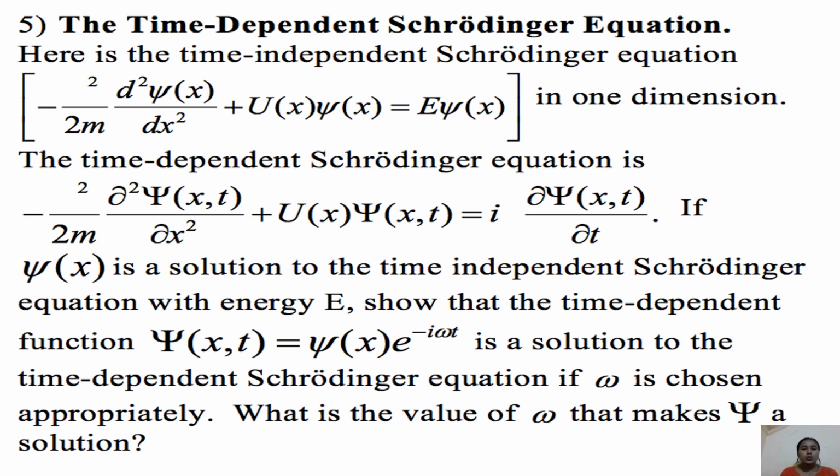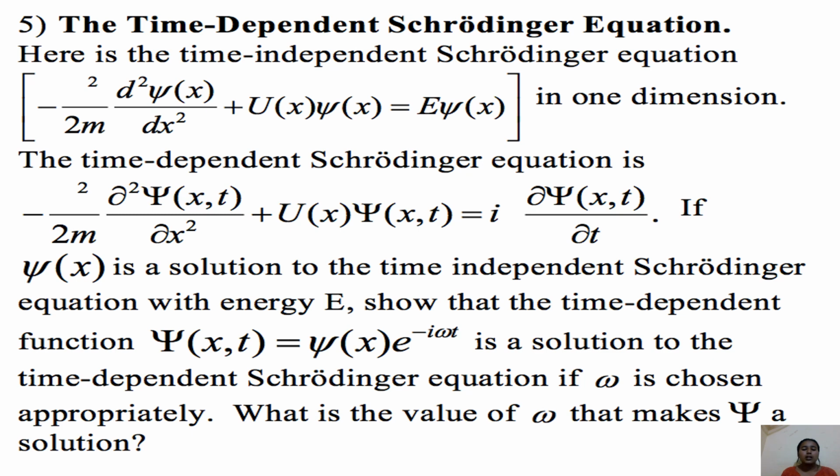The time dependent Schrodinger's equation. Here is the time dependent Schrodinger's equation. −(ħ²/2m) d²ψ(x)/dx² + U(x)ψ(x) = Eψ(x). The time dependent Schrodinger's equation is −(ħ²/2m) ∂²Ψ(x,t)/∂x² + U(x)Ψ(x,t) = iħ ∂Ψ(x,t)/∂t. If ψ(x) is a solution to the time independent Schrodinger's equation with energy